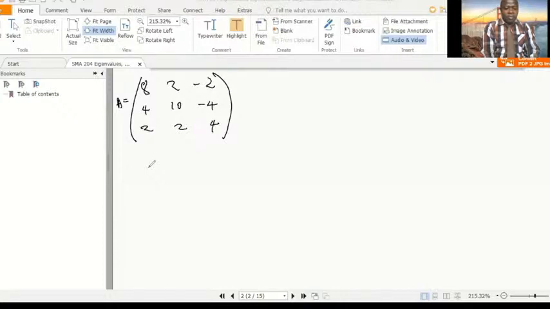Supposed to be minus. So you recall that you already have the cofactor of the element in row 1, column 1. This is this element 8. So for its cofactor, just delete the row of 8 and the column of 8. The determinant of the matrix that remains is that cofactor. So the determinant of 10, -4, 2, 4,